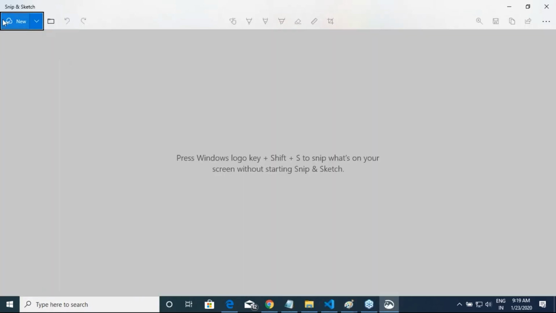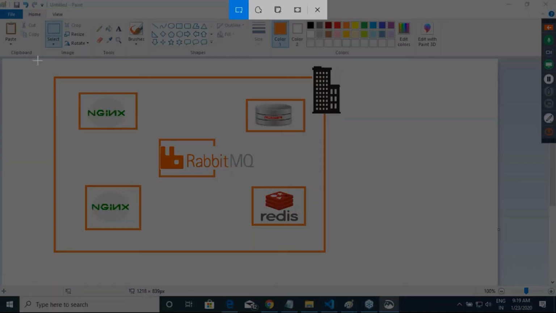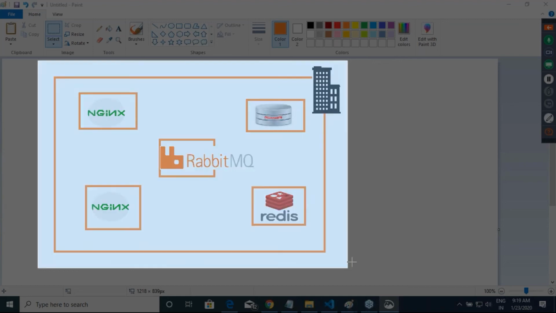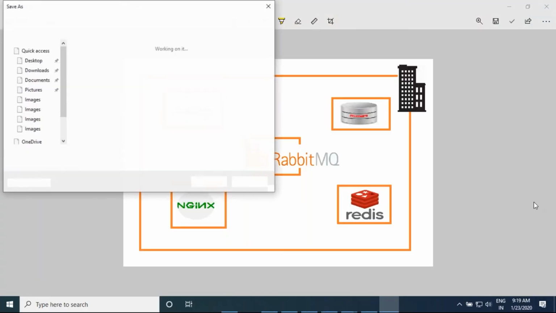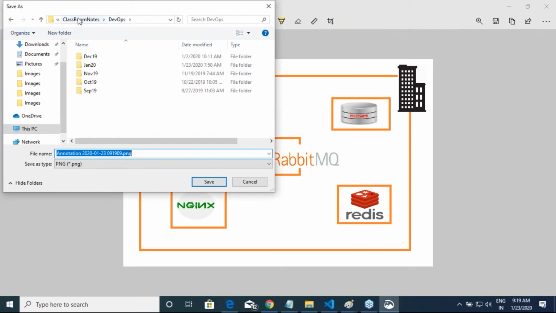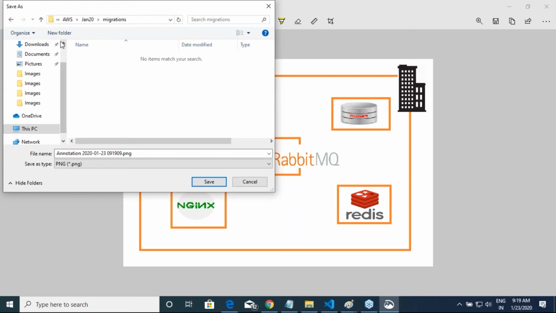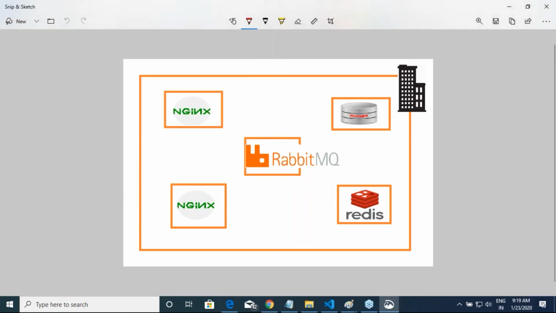Save. And then let me call it AWS migration 1.